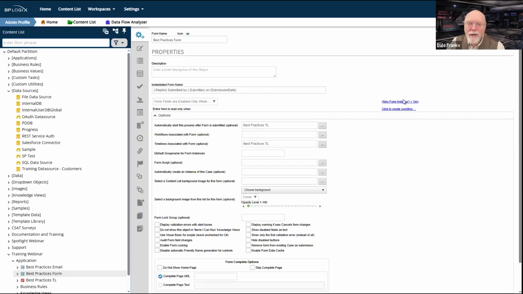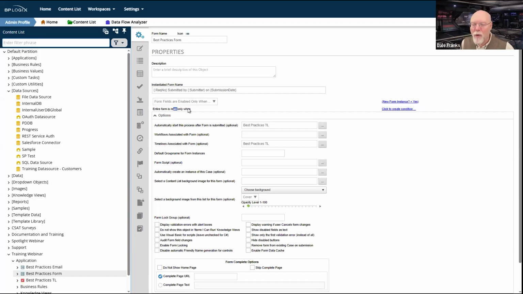And if there are some fields that do need to be edited, fields that approvers need to add some information to or what have you, then we'll just enable individual sections of the form or individual controls when we need them as we move through the process.